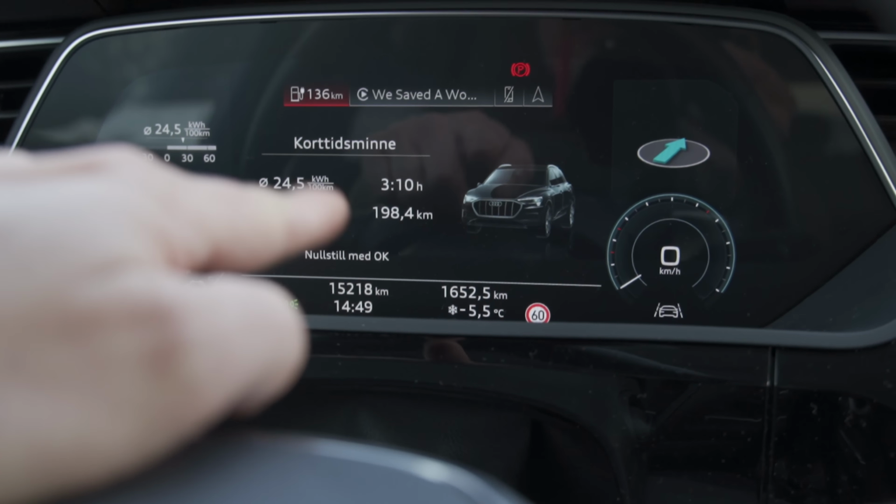State of charge, guys. Let's see, 21% state of charge. Okay, guys, we are now at Liertoppen. We went all the way to Heggedal, around Asker, and then down to Drammen, trying to go far enough to deplete the battery. But guys, we have now done